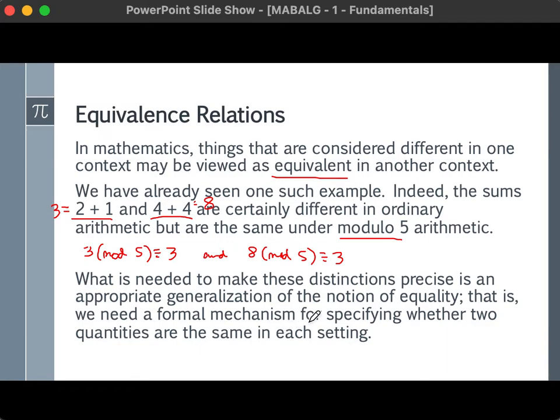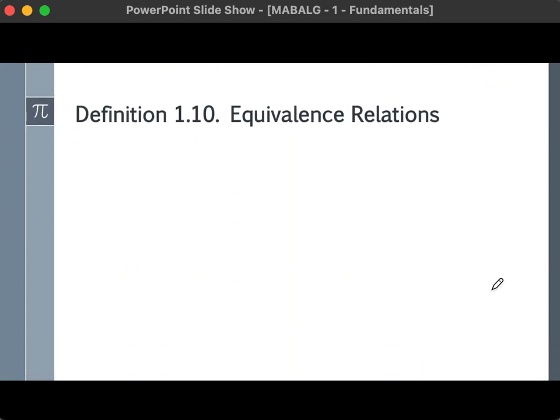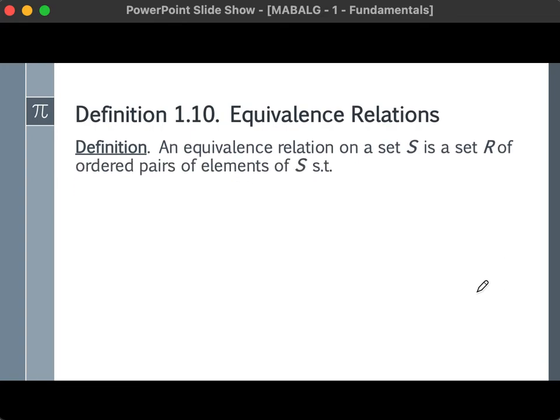What is needed to make these distinctions precise is an appropriate generalization of the notion of equality. That is, we need a formal mechanism for specifying whether two quantities are the same in each setting. We call this mechanism an equivalence relation. So, definition 1.10, equivalence relations. An equivalence relation on a set S is a set R of ordered pairs of elements of S such that,